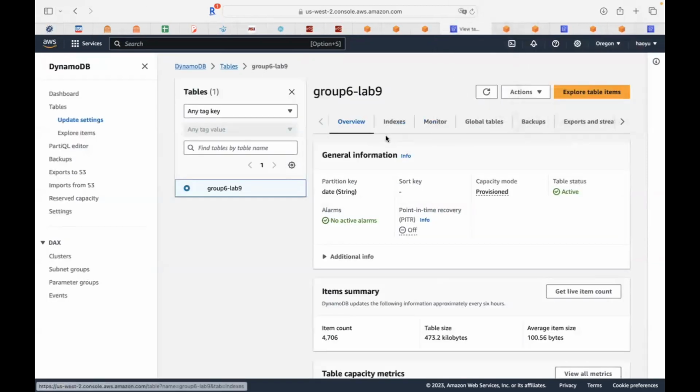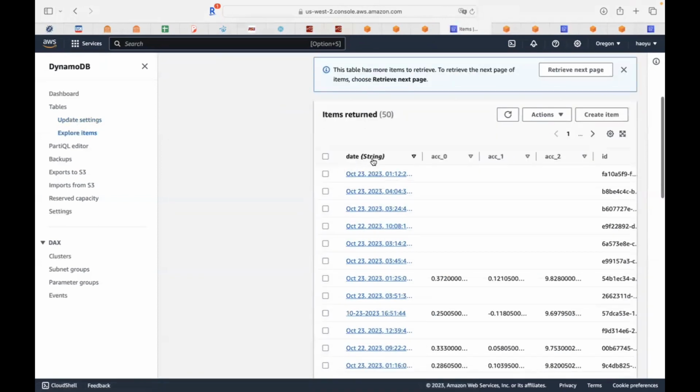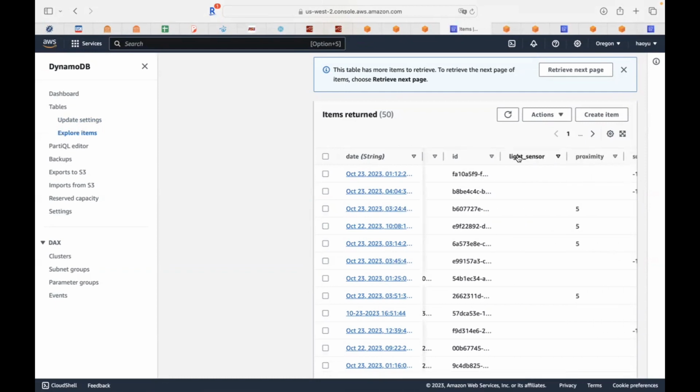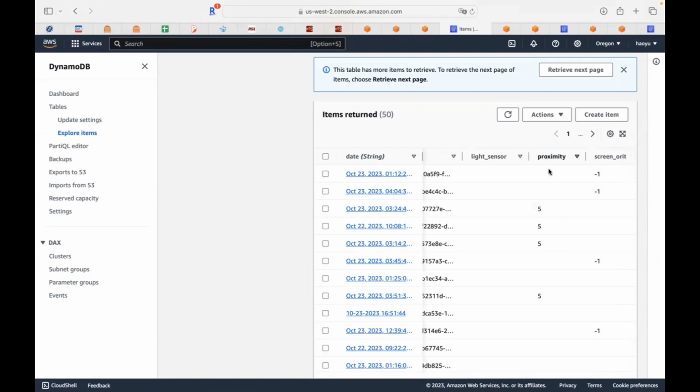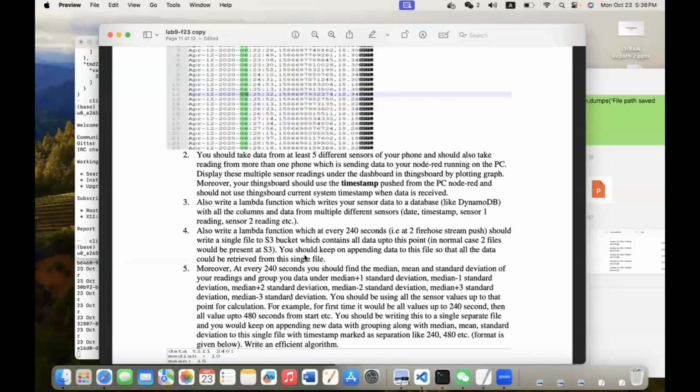So let's check out the DynamoDB. Explore items. We got these items. The date is the partition key, and as you can see, all of them have a unique ID and the sensor's value. And next, problem 4: write a lambda function that runs every